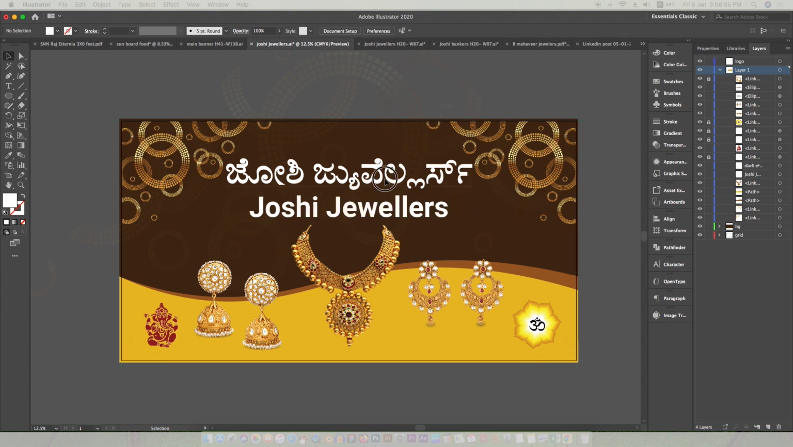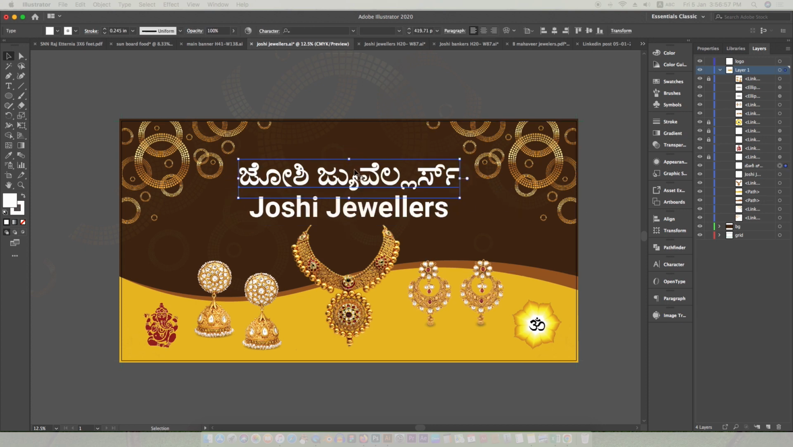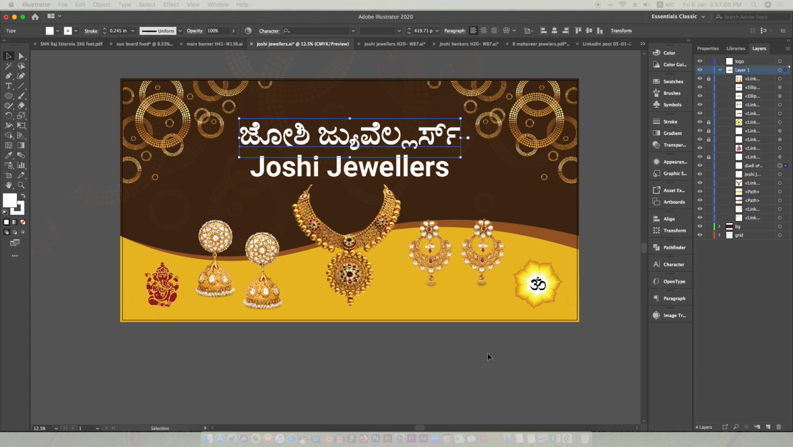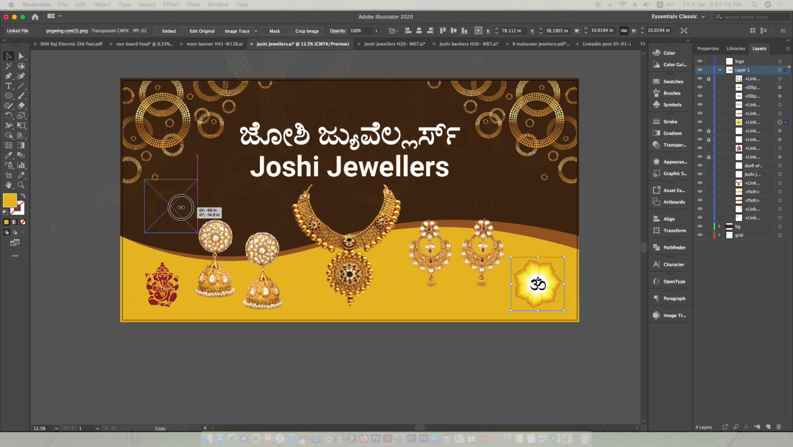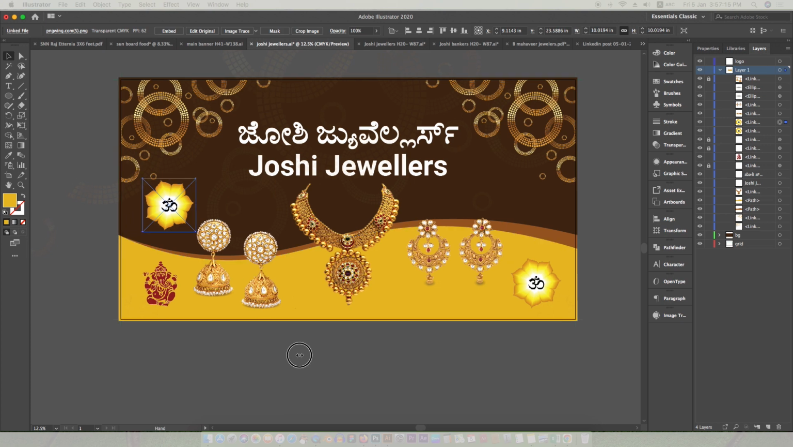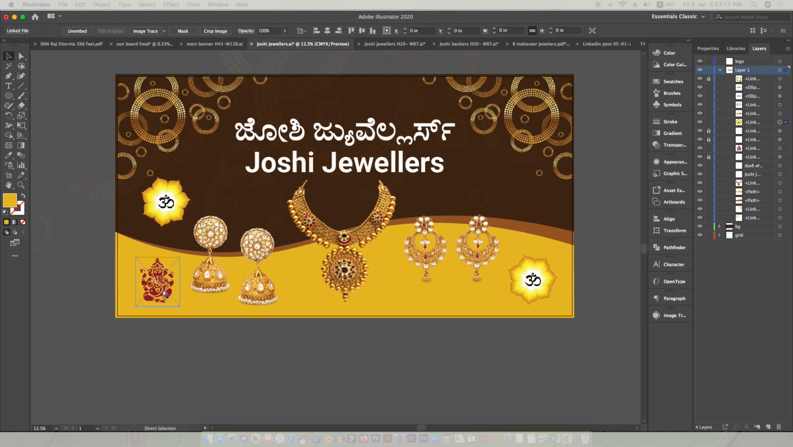the typographical things like jewelry and the Kannada words. So we'll make it smaller, and also we have to give some placement for the logo. So we'll see that. So for the logo, if you are using the bottom of the canvas, you can replace the Om and put it somewhere else, and you can bring it there to place the